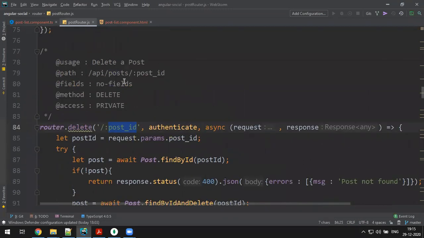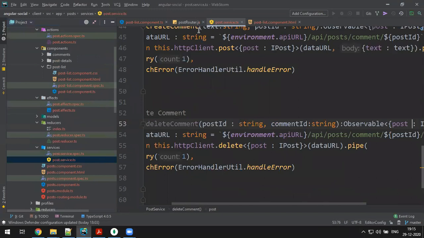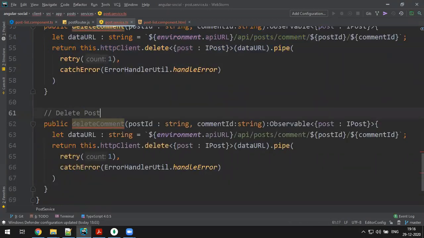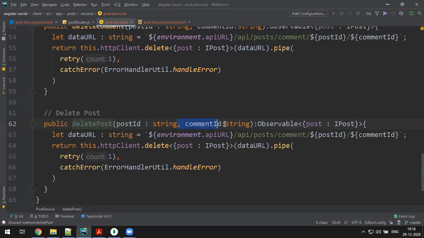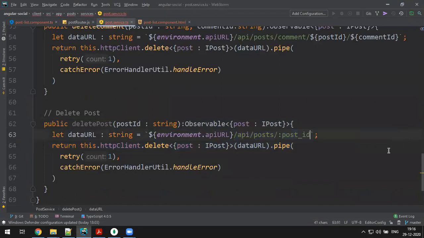So start with the service, post service. Go to post service, delete post. Can I do one thing? Grab the delete command. So this is delete post, and you have to provide only the post ID and the URL. The URL is this one, only the post ID you have to provide. Copy. This is the one. Replace the post ID with a dynamic value. So delete functionality, data, URL, that's fine.